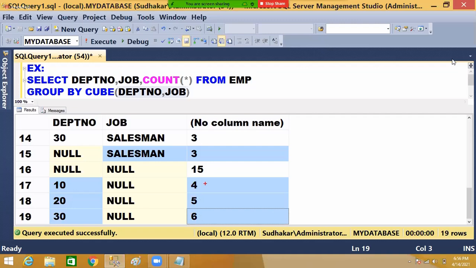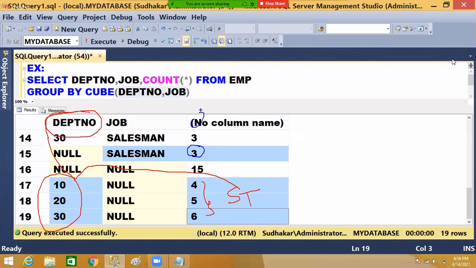So these are also subtotals, but we are finding these subtotals based on the department number column. So these are department number wise, and those are job wise. And finally, whatever is there here, 15,